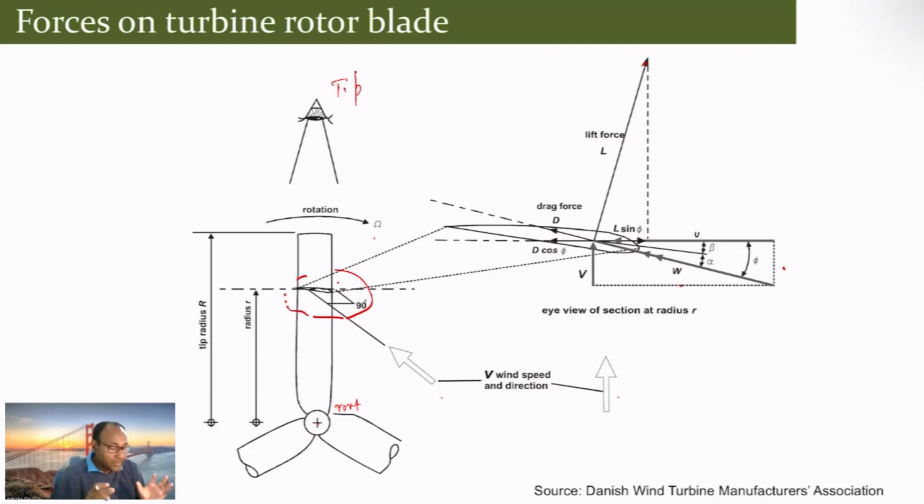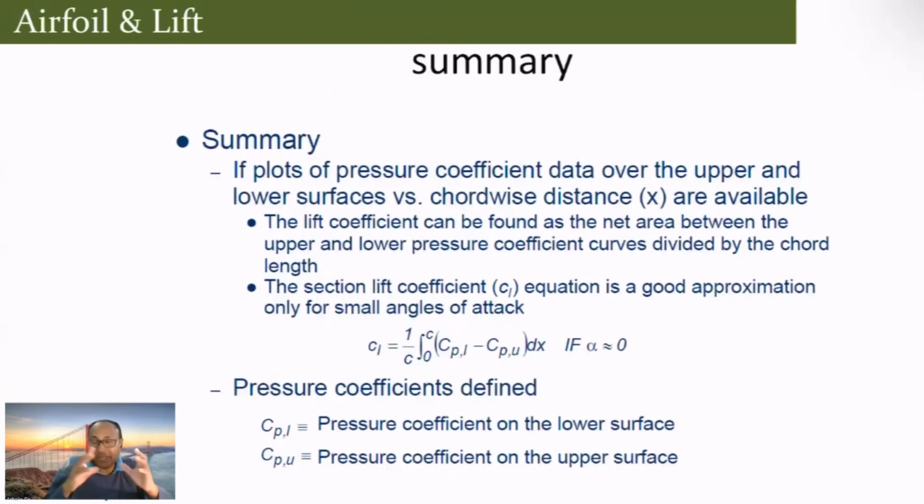So if I summarize, the pressure difference across the airfoil surface actually generates the lift coefficient. You can always find it by integrating the pressure across this. One can represent it in different ways, like lower surface coefficient and upper surface coefficient. But if you increase the angle of attack, at one point there could be flow separation. More and more flow separation happens, so there is a drop in the lift.